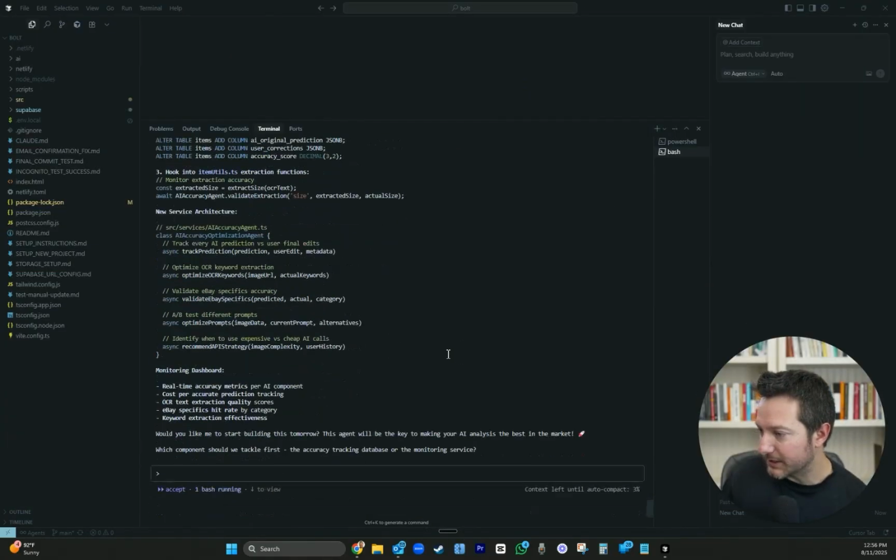So let's see, what is it saying here? So I'm liking all that without reading through it all. It's going to create a monitoring dashboard as well. So this is great. Would you like me to start building this tomorrow? This agent will be the key. Let's build it today. I would like to build all 3 of these sub-agents today, but let's start with this